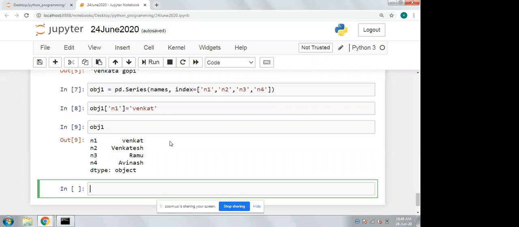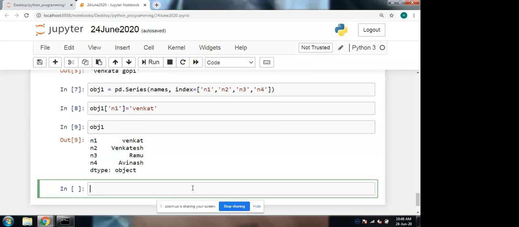Okay, so this is how we can update the data in a series. Now let me tell you about the data frame.